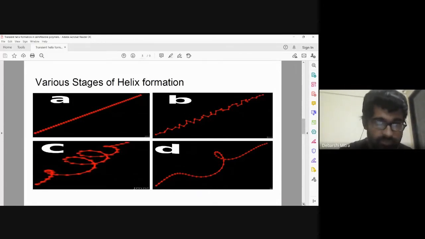In figure A, one sees the initial conformation of the polymer chain. In figure B, one can see the kinked structure of the polymer chain, which emerges shortly after the initial conformation. These kinks arise due to repulsive interactions as well as due to thermal fluctuations. The polymer chain then evolves in time to form a helical conformation, as can be seen in figure C. And as shown in figure D, these structures evolve in time and the pitch gradually increases before dissolving away.